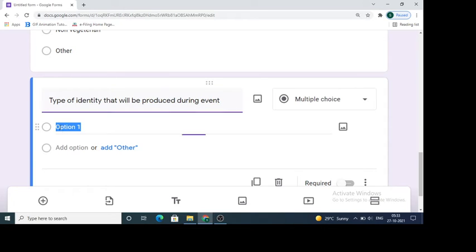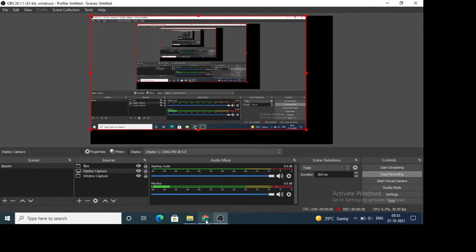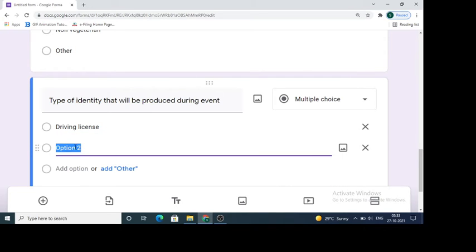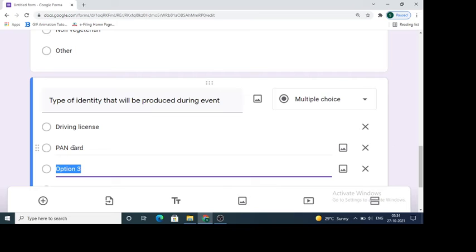So over here we have driving license, then we will take PAN card, and voters card.